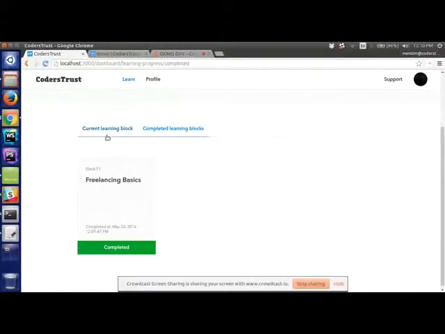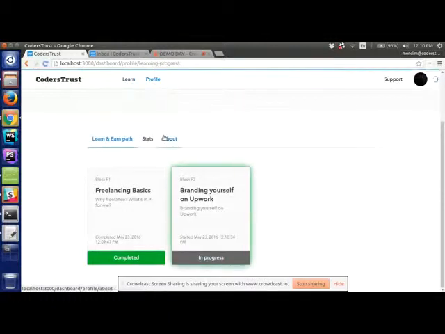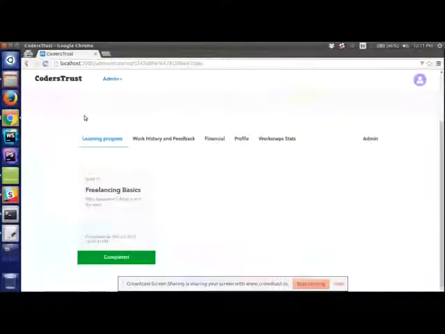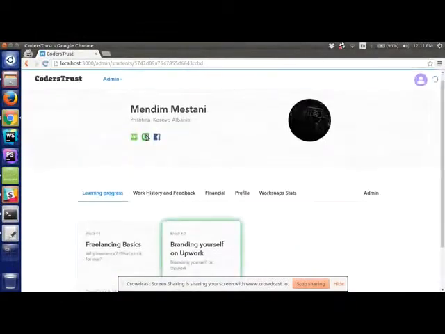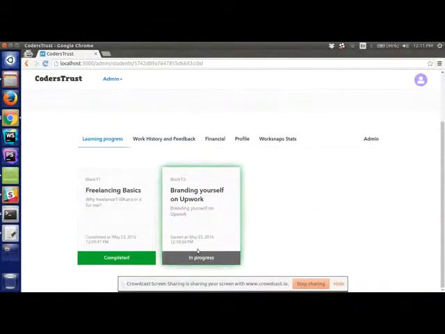And if you go to profile and click on learn and earn path, right? Yeah, you can see the completed block and the in progress block. And on the admin panel, the code mentors can see what blocks are and what is the progress in that block.